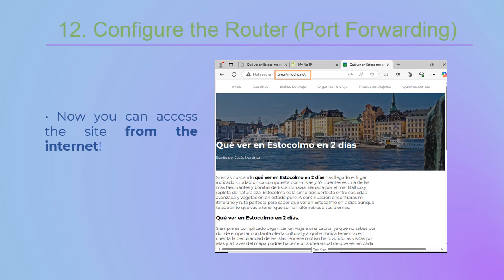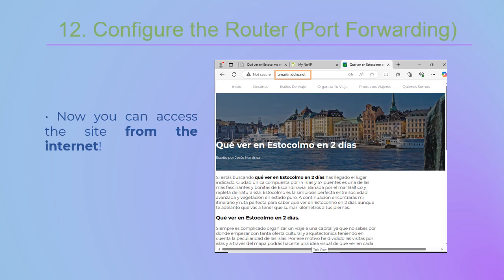So finally, if all went well, when we entered the host name that we created in the NoIP account, now we will be able to access the site from anywhere on the internet.